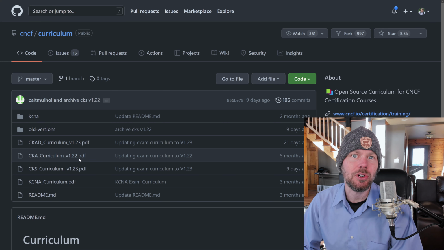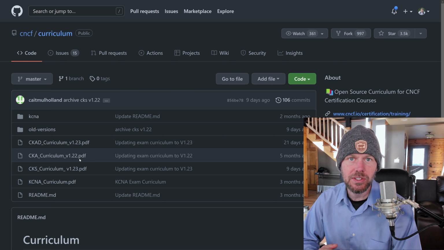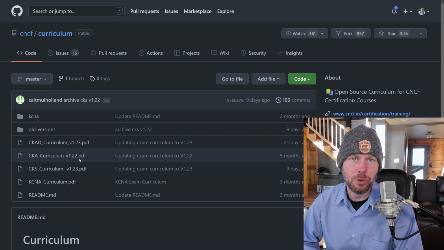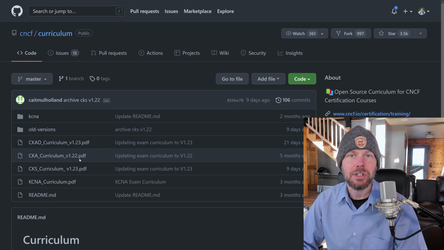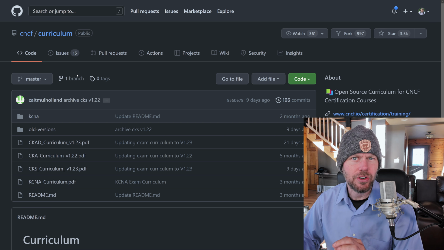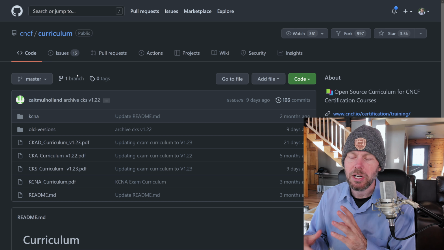I am a software trainer here at CBT Nuggets, and I wanted to give you a little bit of insight today into an exam that I recently took in the software industry, and that is the Certified Kubernetes Administrator exam, or CKA for short. Now, this exam is put on by the Cloud Native Computing Foundation, or CNCF, as well as the Linux Foundation. I'm not quite sure exactly what the relationship is there. I think the Linux Foundation is kind of a superset that has adopted the CNCF, but I could be completely